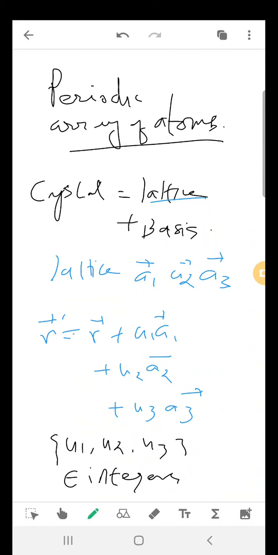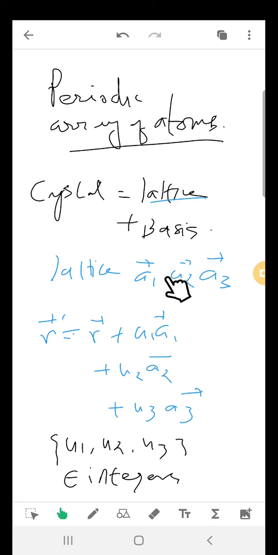Hello students, in this lecture we shall be dealing with some basic concepts of solid state physics. So, starting with the periodic array of atoms. We know that a crystal is actually a lattice plus basis, and by lattice we mean that there